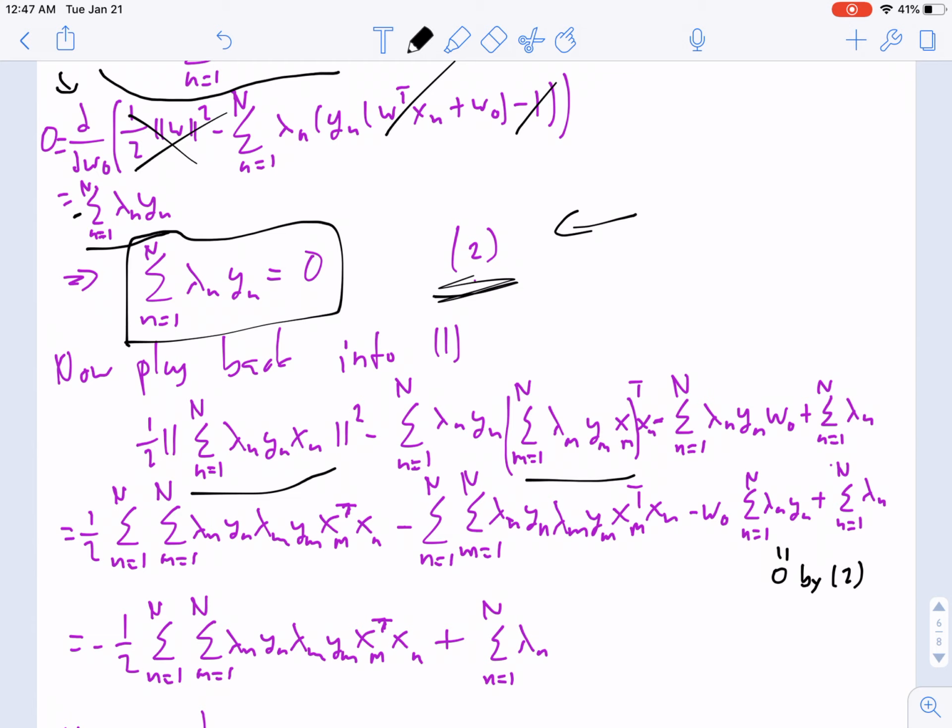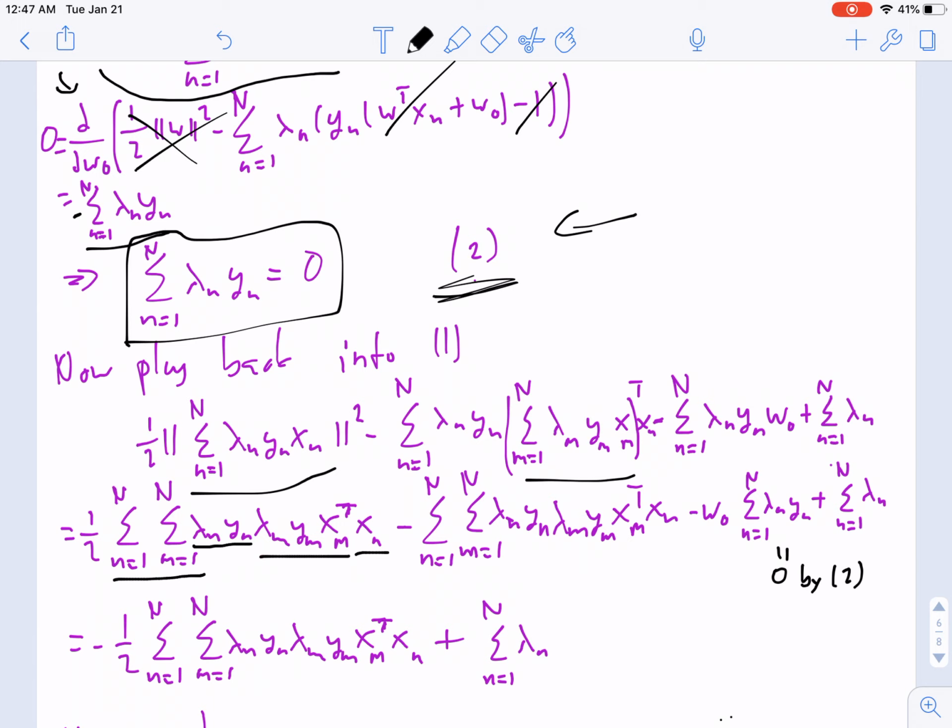This is just the inner product, and by bilinearity, it ends up being the sum over all the possible combinations of data points of the inner product between lambda n yn xn for one data point and lambda m ym xm for the other data point. So we have these nested sums, and then we have lambda n yn xn, and then lambda m ym xm